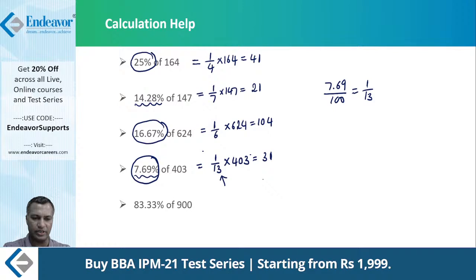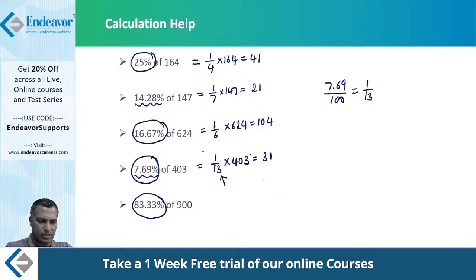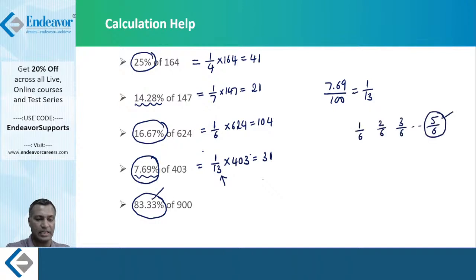Now again, 83.33% looks very intimidating. It doesn't look like a pretty good number. But yes, I asked you to learn this. Hey, learn 1 by 6, learn 2 by 6, learn 3 by 6 and so on. So when you have learned up to 5 by 6, naturally your memory will pop up: hey, 5 by 6 is nothing but 83.33%. From that perspective, if you learn a few numbers like that, as I told you before, it would be really beneficial. Therefore, you could simply write this as 5/6 of 900, right? 6 one time, so 150 into 5, which would technically become 750.